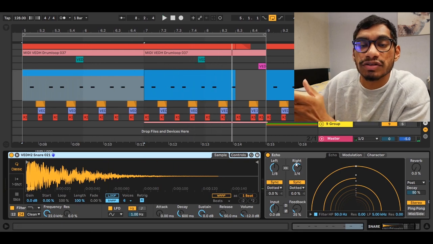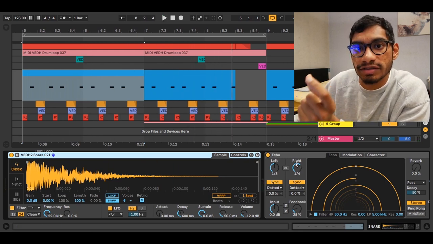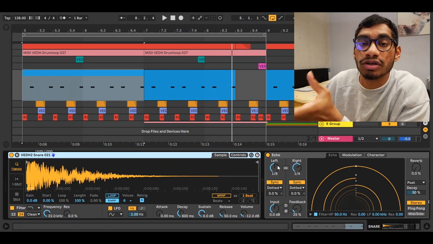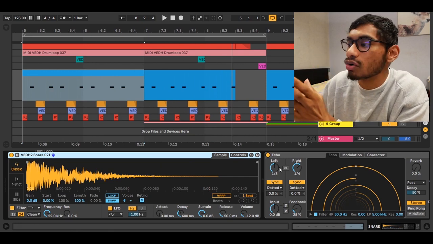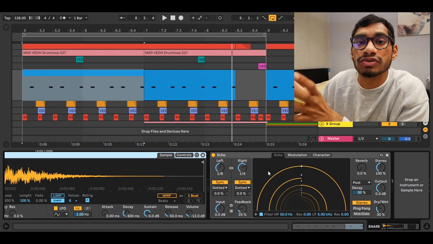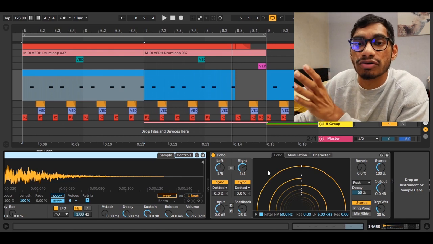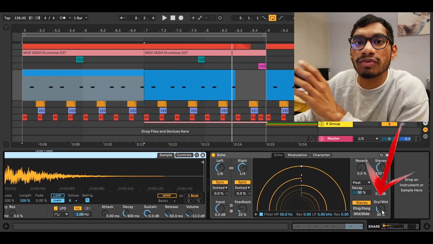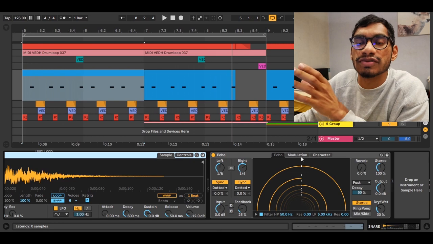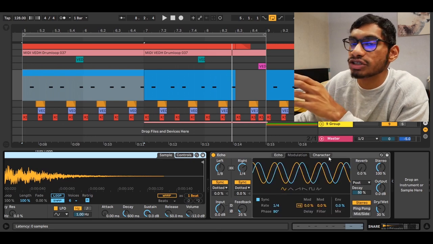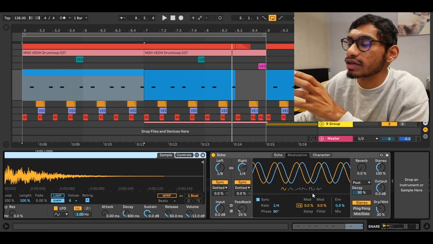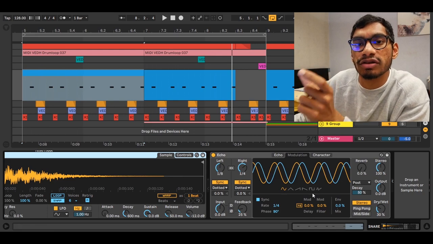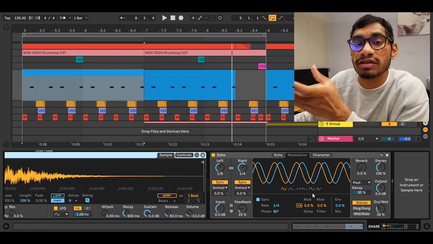So as you can see, it's creating movement by duplicating the sound, creating delay, and you can control the sound whether it's coming on the left or the right. And you have a cool picture here which shows how the sound is appearing on the stereo spectrum. And another cool thing is to change the feedback, which will create more or less delay. And you also have the dry wet knob. If you're using other types of sound, you can also go crazy on the modulation and character here, which will create duplicates that are different than the original sound, and which makes things very interesting.